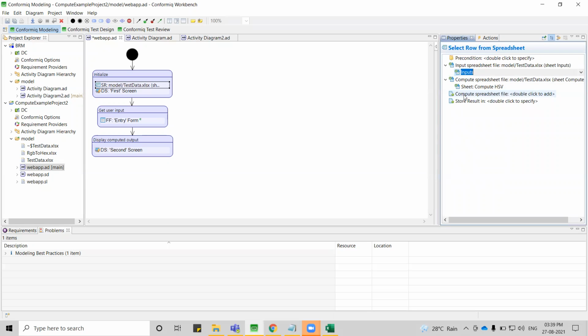So I'll be having multiple compute sheets, and if the column names are same as the main input spreadsheet, the values that are there in the compute file will get replaced with the values that are there in the main input spreadsheet.